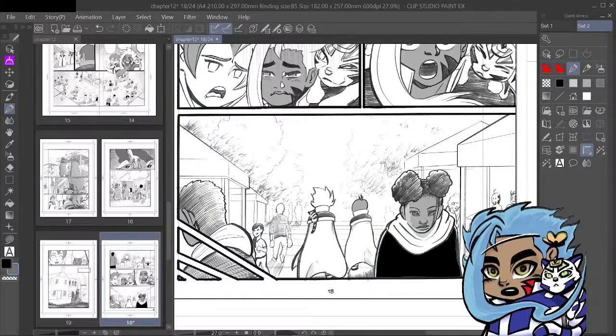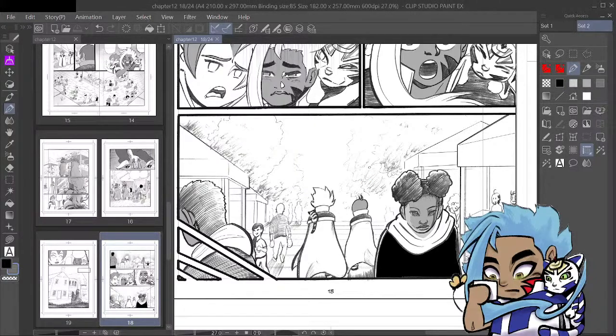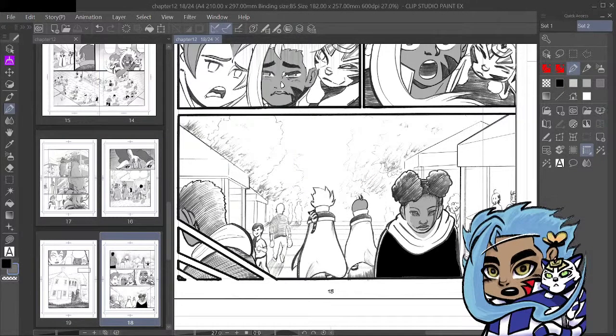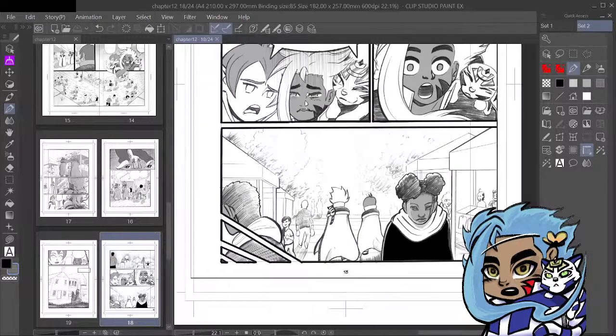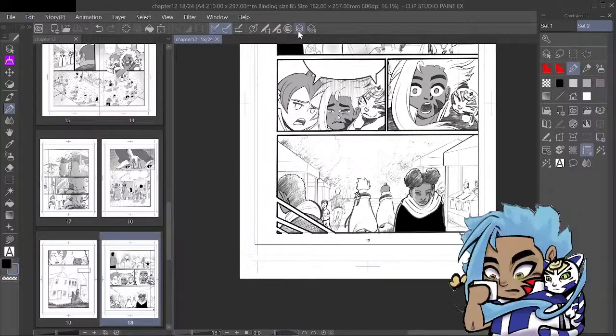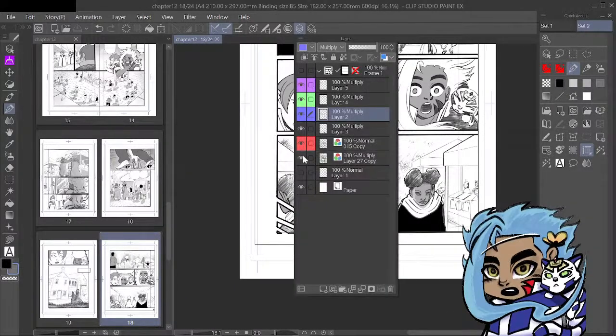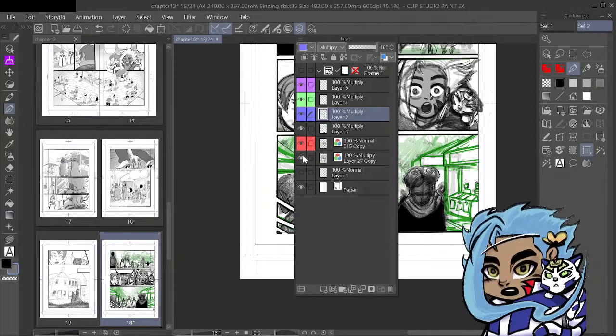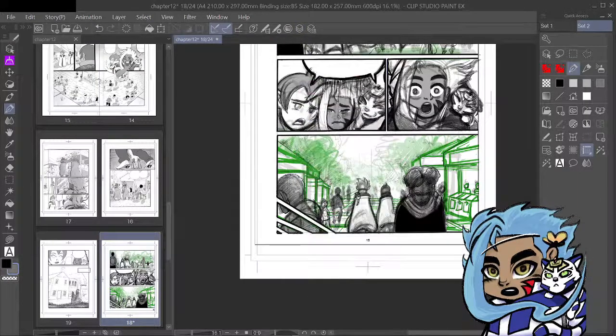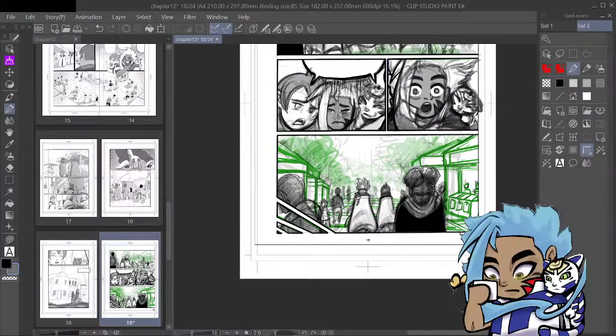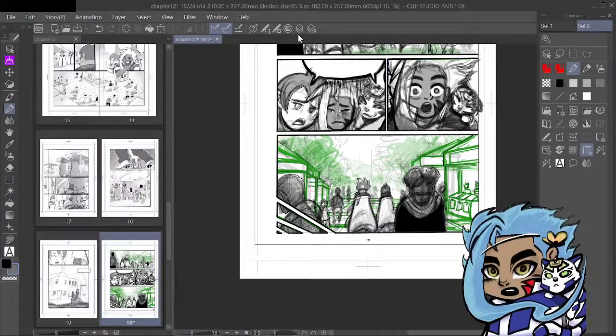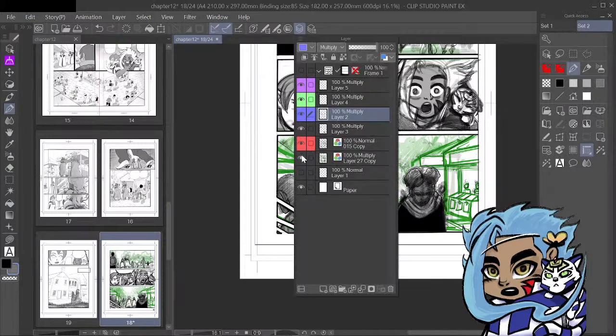Alright, let's check my notes again and see. I added all that detail to that lady because I just felt like it, honestly. I was just having fun. Okay, so we gotta add some detail. I didn't add the stuff underneath, but I know I'm gonna add the detail around the structure here and there, and the seam technique for the trees as I did previously. So that's what I'll do.